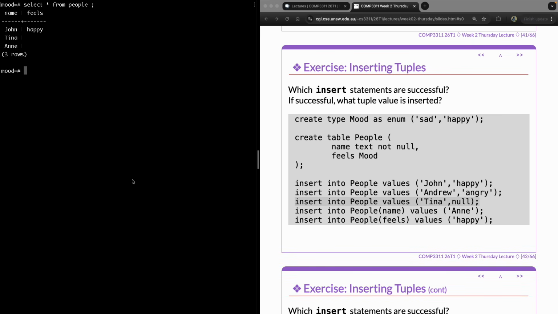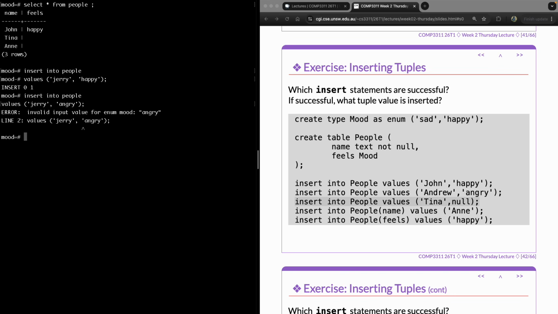let's try another one. So what if I want to insert into the people's table, and then I'm going to specify values, Jerry, happy. If I do that, it should go through. And if I do Jerry angry, it will not go through because angry is not a valid input value for the enumerated type mood. Okay,